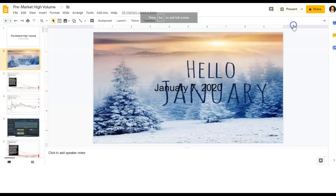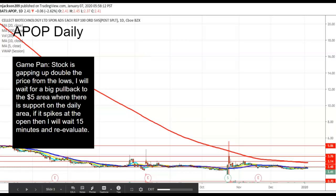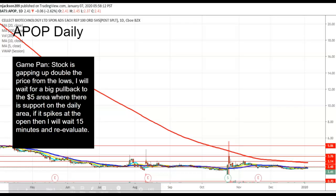Okay, so we are January 7th. As I stated, I didn't take a trade, but I always look at the top three pre-market stocks to see what's going on. One of them was APOP, and the game plan on APOP was simple. The stock is gapping up double the price from the lows. I will wait for a big pullback to the $5 area where there is support on the daily. If it spikes at the open, then I will wait 15 minutes and reevaluate. I probably should have read that one more time